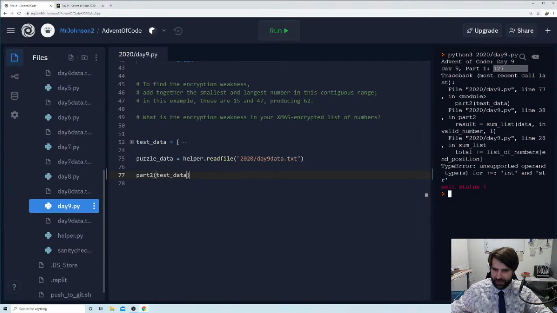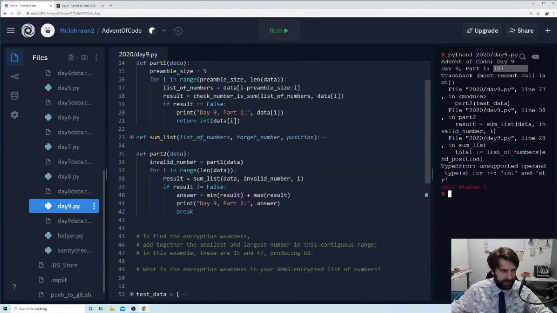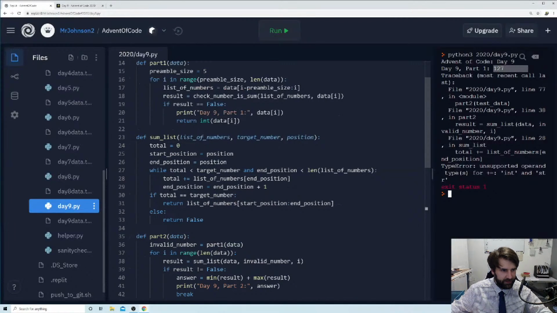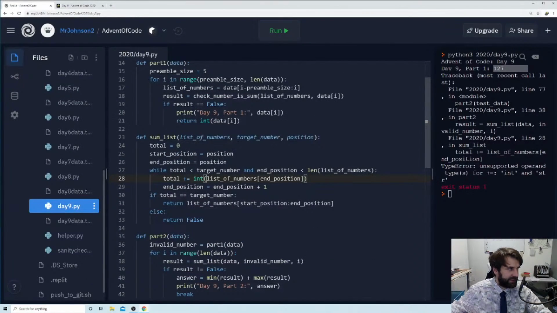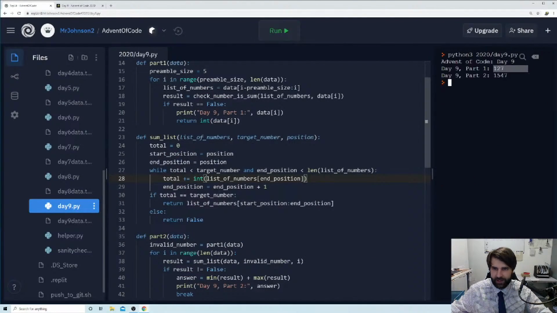And we've got a lovely error here. Okay, fantastic. So line 28, it looks like. So let's jump into line 28 and have a look at this error. So total plus equals list of numbers. And of course, what we want to do is we want to have our list of numbers as an integer, because it's a number. I really think if I was more thoughtful, I would have just converted this whole list into numbers to begin with, but hey ho.